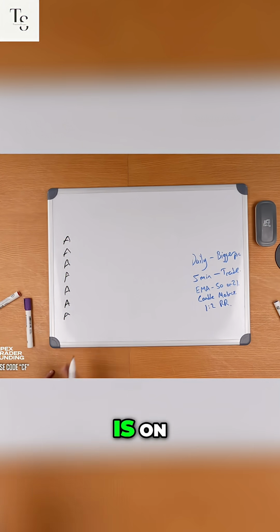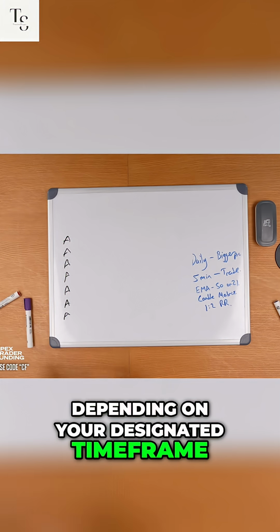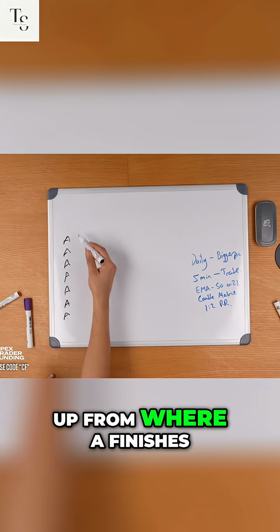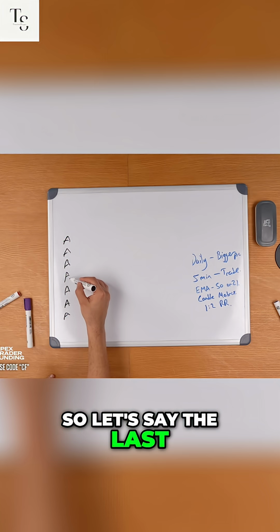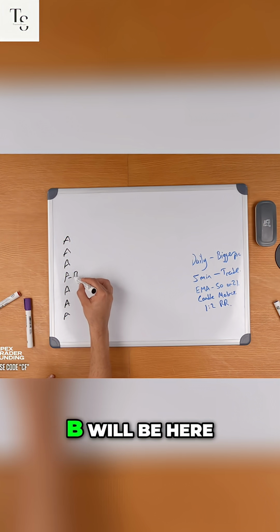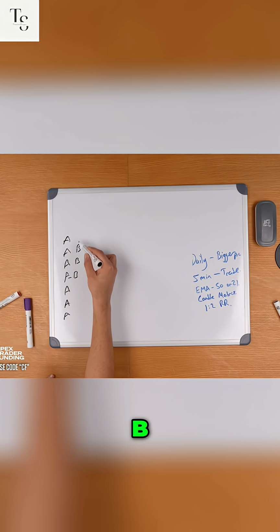Then what will happen is, depending on your designated time frame, you would normally do this for half an hour, okay? If the price goes up from where A finishes, so let's say for this period of 5 minutes, that's where it ends. B will be here, B,